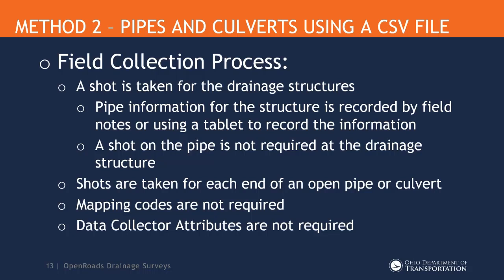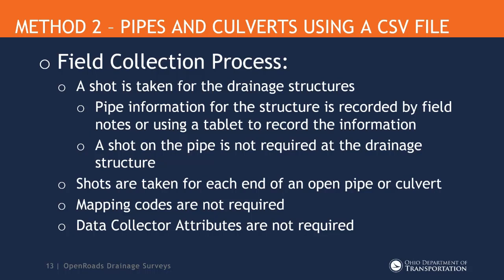A shot on the pipe is not required at the drainage structure, just the information. So that information would be how far down it is from the grate, and what the size and material are. On an open pipe or culvert, I would need a shot on each end, but I'm not using a begin line, end line to have the survey processing draw it,